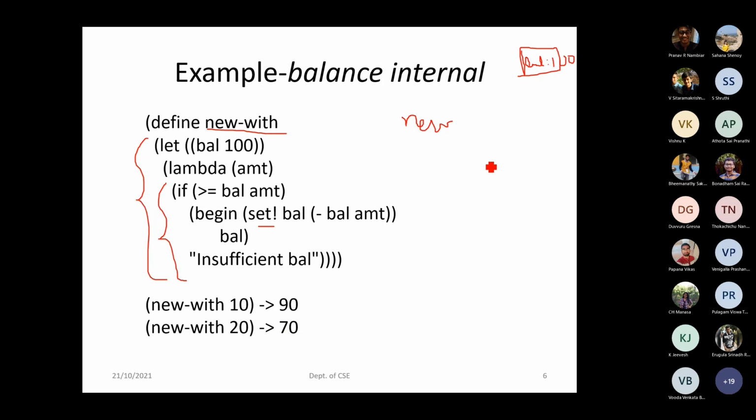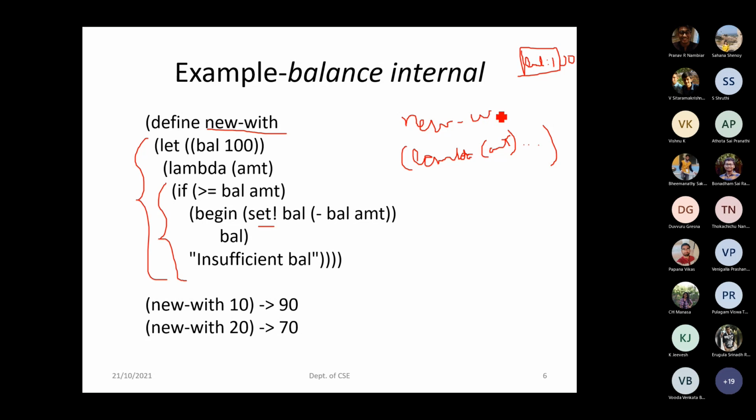So wherever we have made use of new-withdraw, it will be replaced with the lambda of amount, the complete body of your lambda. This is what will be returned whenever we call new-withdraw.